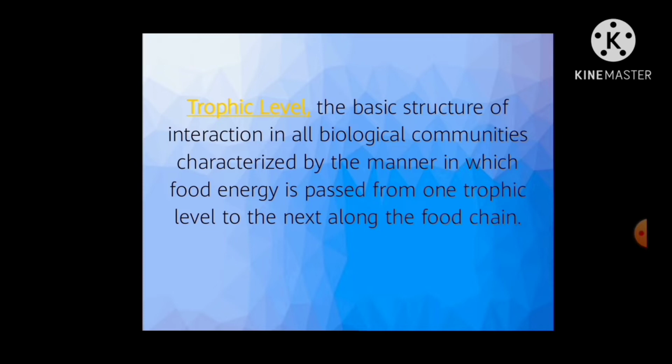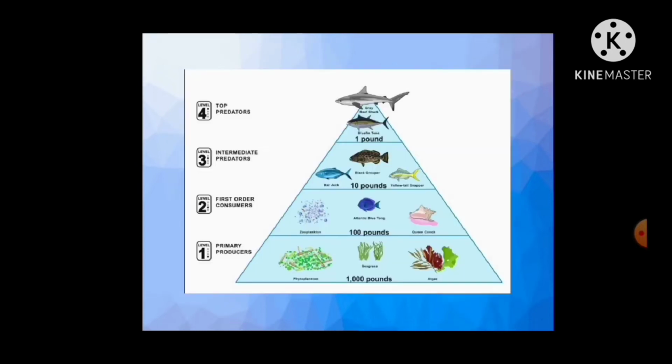Trophic level categorizes each organism depending on feeding habit and the food source that they eat. And there are four levels in it. The first is the primary producers. Primary producers include plants, algae, and etcetera. It is the base level of the aquatic food web. They synthesize their energy without needing to eat.